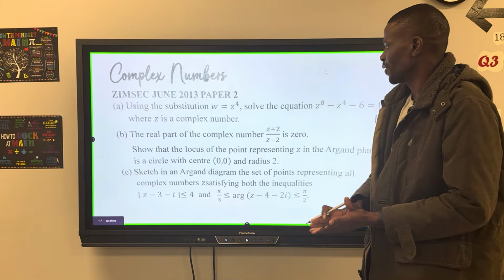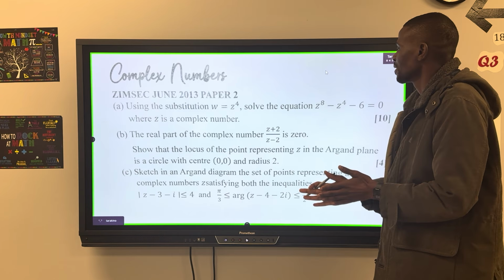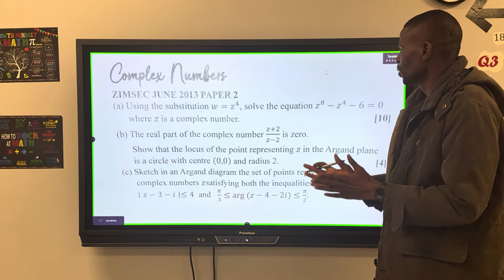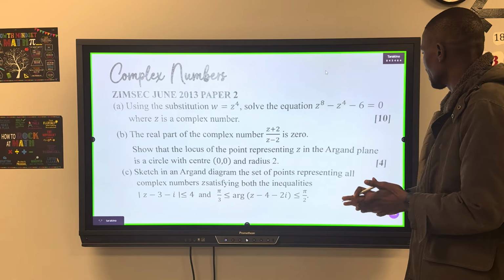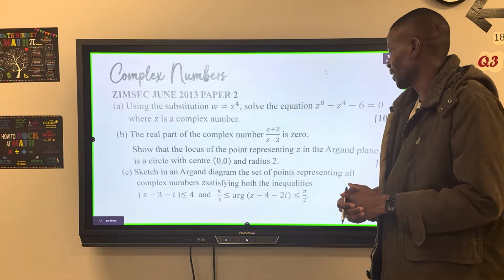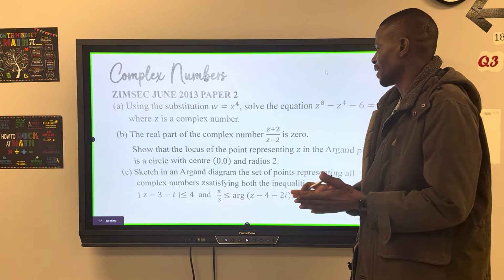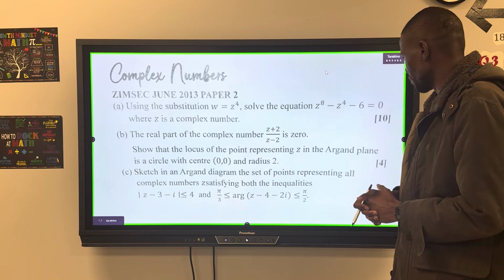Part B, the real part of the complex number, (Z plus 2) over (Z minus 2), is 0. Show that the locus of the point representing Z in the Argand plane is a circle with center (0, 0) and radius 2. Then part C, we need to sketch in an Argand diagram the set of points representing all